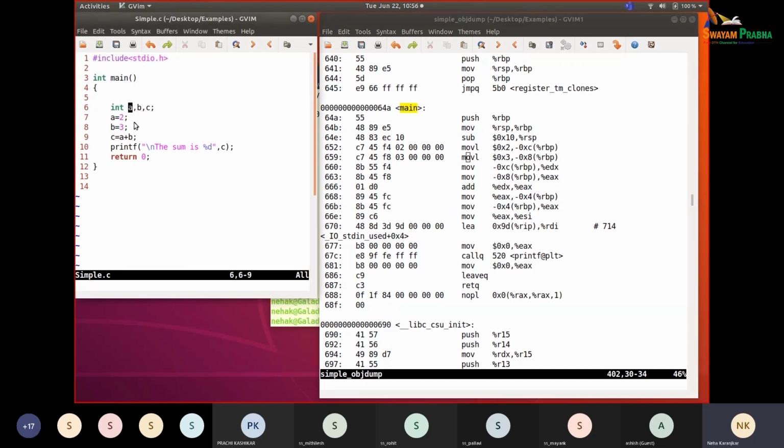Okay, let's try to see if we can figure out where these are going. So the first is int a, b, and c. So somehow we are allocating space for three variables, int a, b, and c. Now let's look at here. Here, what's happening here is,